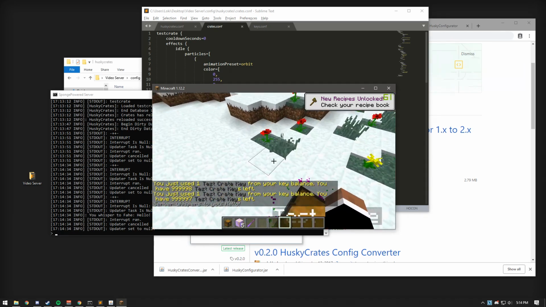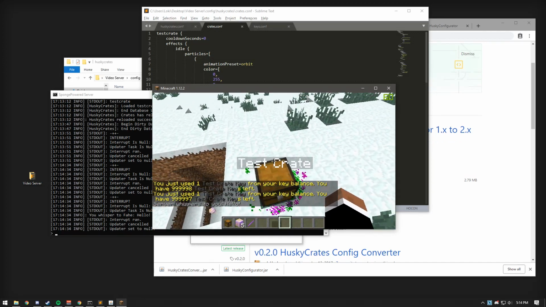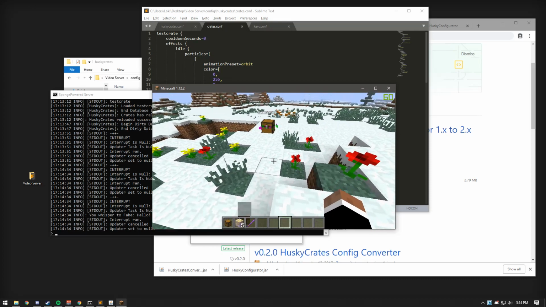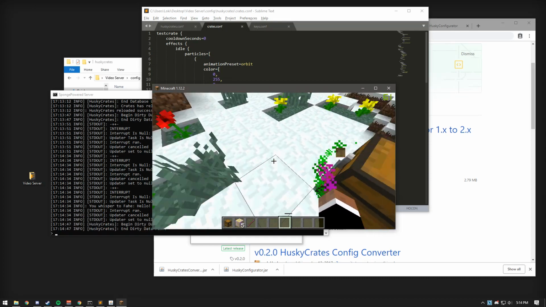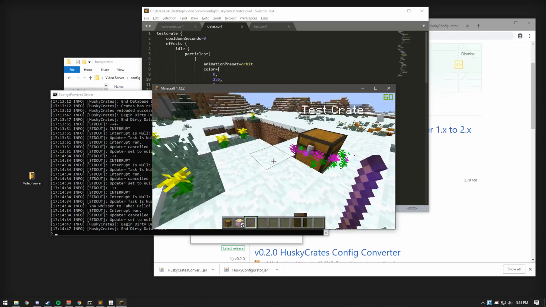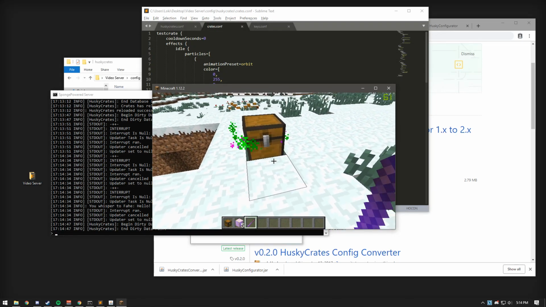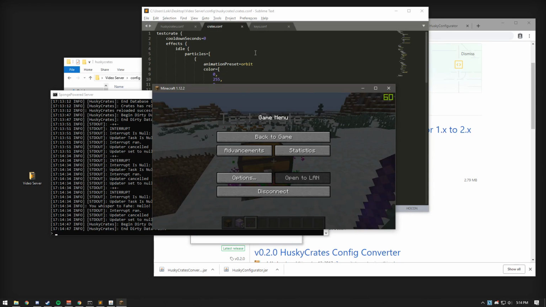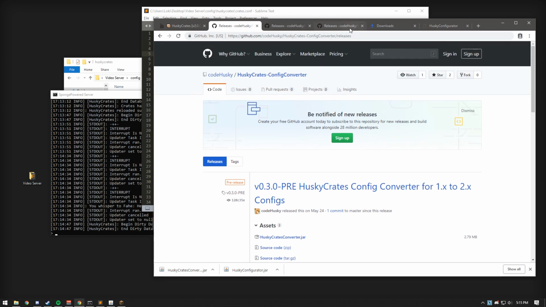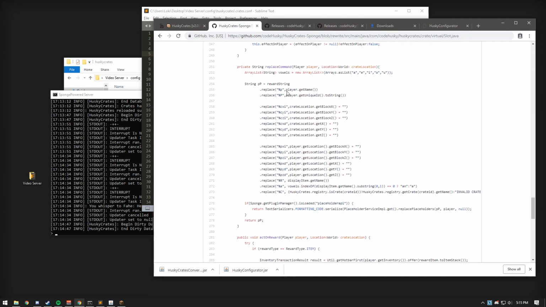The plugin does have some... I believe it has some... What is it called? It has like fallback methods. It might, or that's just the server being like, okay, you're close to null. I don't know. I don't remember. But there is a different, I believe, way of addressing the player in 2.0. My mistake. Okay. So rewards